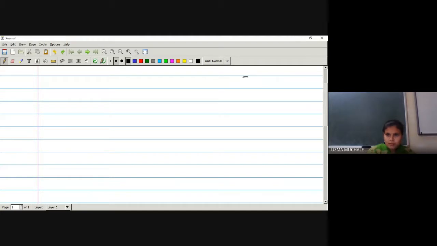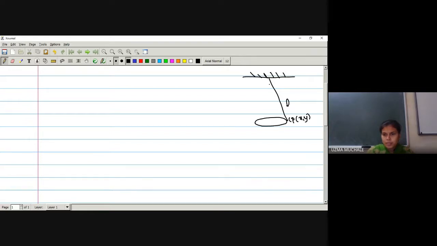What we have is one rigid support and a length L of a simple pendulum. It may be a string or just a thread. And a mass of a particle is taken with position, say P of x, y, which will describe the position of the particle at any point. So it will revolve in this region.